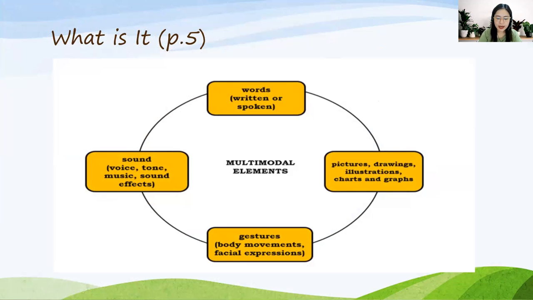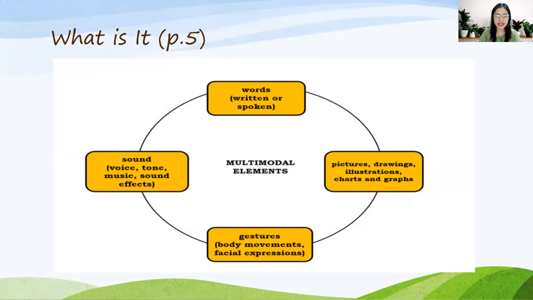Later on, we'll go back to that essay in terms of digging deeper regarding multimodal elements or multimodal text. So, the essay that I've just read to you on pages 4 and 5 is an example of a text with multimodal elements, or a multimodal text. Now, let us find out what a multimodal text is so you can create one.